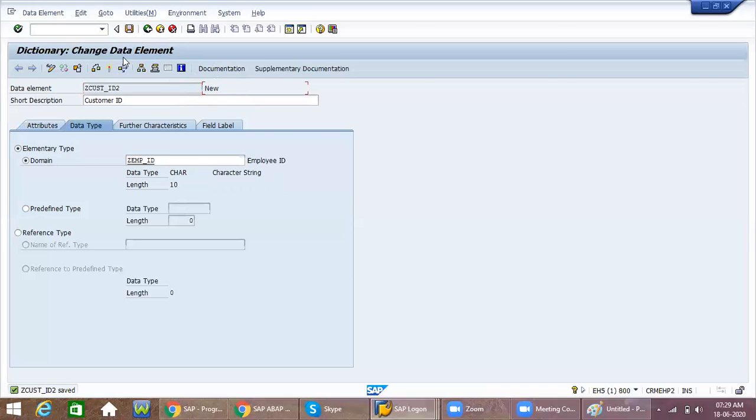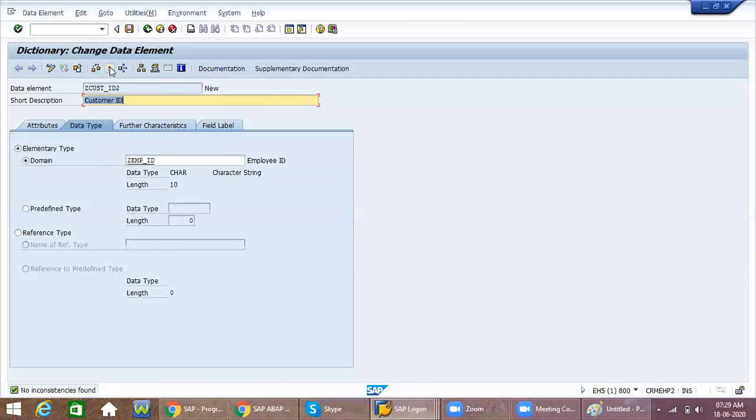After saving, you have to do the check. Check the data element. This check will show errors if any are there.